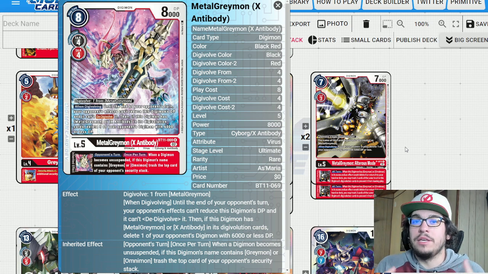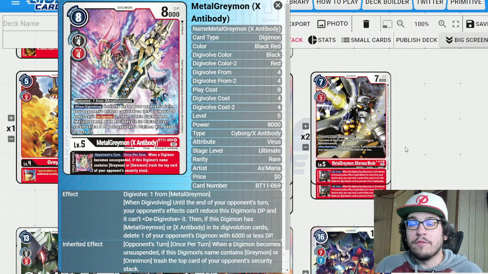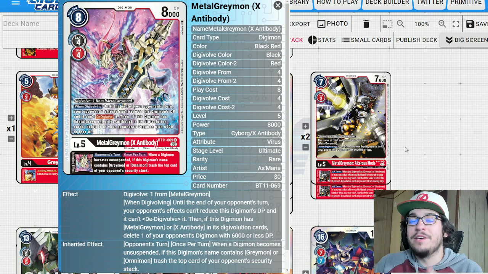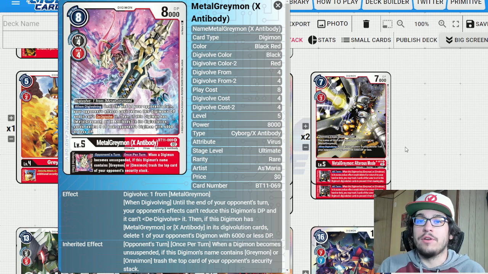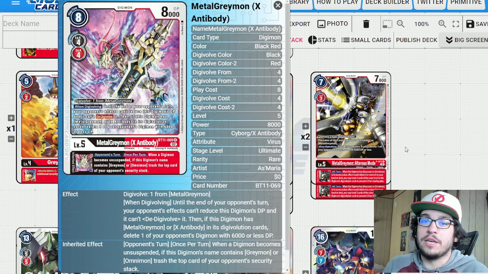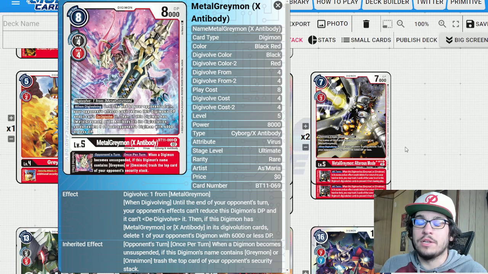This is a completely unique effect of not being able to de-Digivolve, because there were a lot of things like Alphamon last format. I played a security control list that had a lot of de-Digivolve effects because the Alphamon would play against everything else, so I would de-Digivolve it, and that was a strategy. But now with a deck like this, you couldn't even do that. So you can get a lot of protection from this card and your inheritables with the Alterous mode and the Greymon X Antibody. It's super insane, but what makes this card even stronger is its inheritable, where whenever opponent's turn,